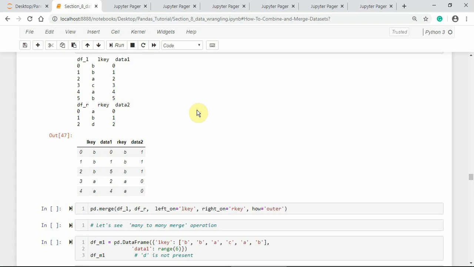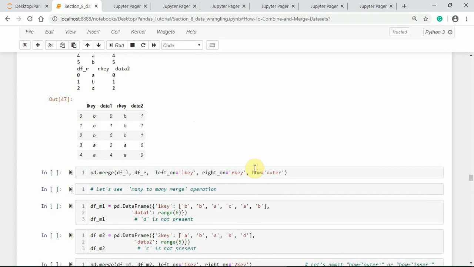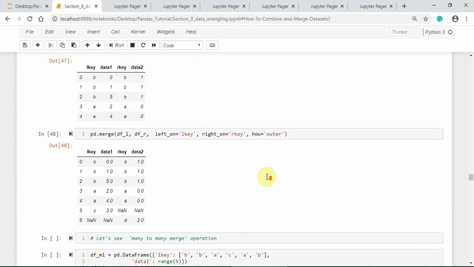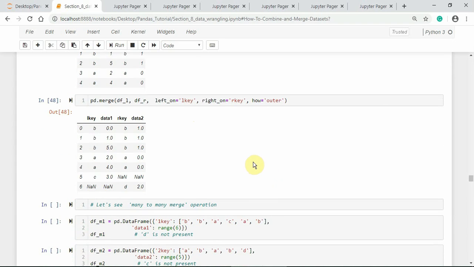Let us use how is equal to outer to do an outer join. It takes the union of keys for the merging operation as per the docstring. Now we got the outer joined object with all the columns merged together, filling the missing values with the sentinel NaN.